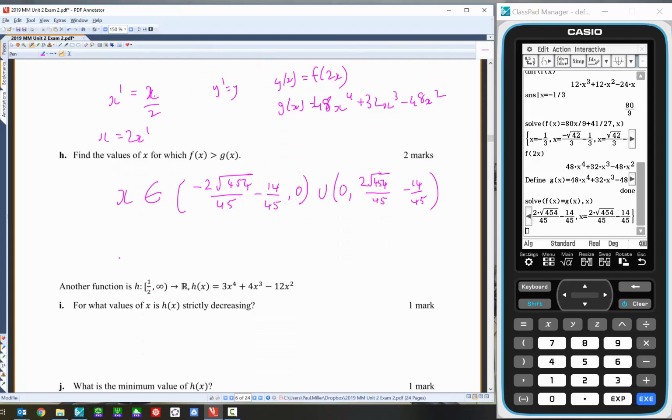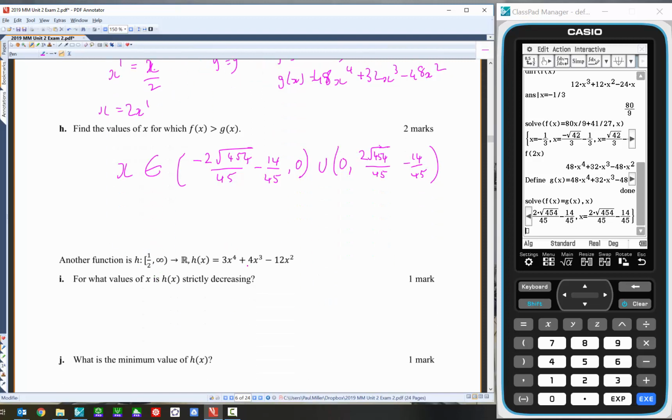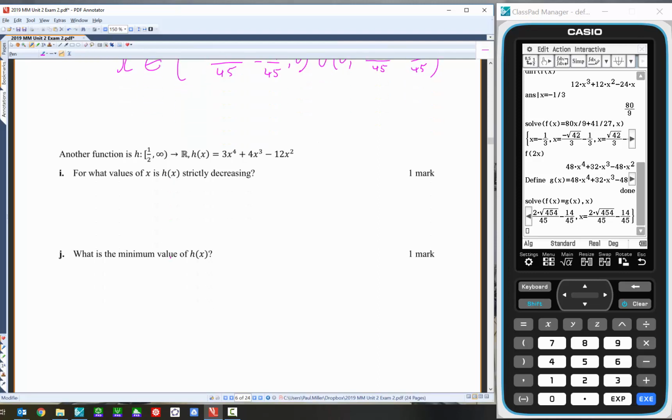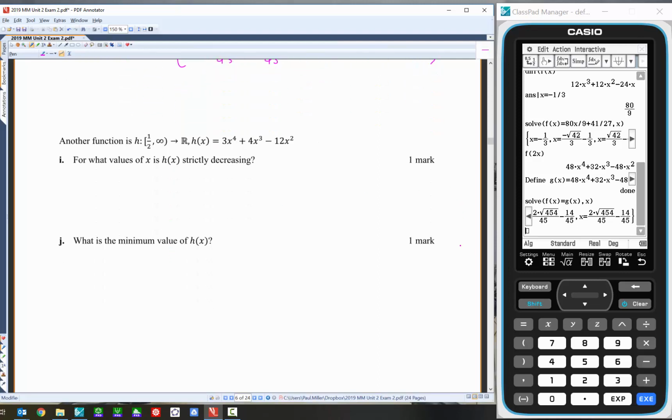All right, so here's another function. All right, well, does that look familiar? Why at part I are we doing this one here? Now that is exactly the same function as f of x, but the domain has been restricted. Okay, so what we're going to do is essentially have a look at the new f of x. So what I'm going to